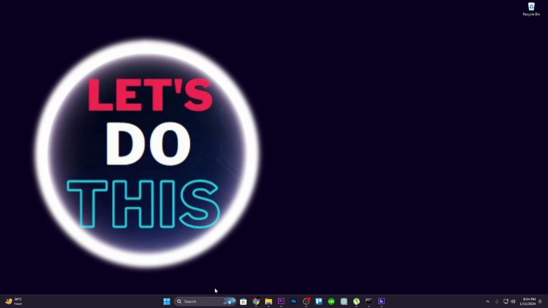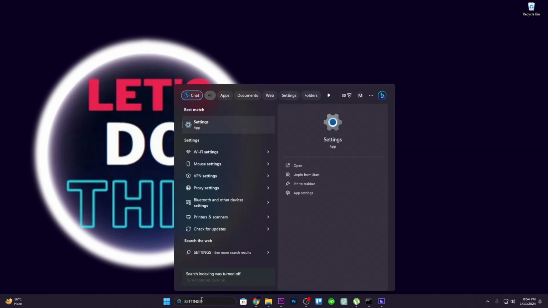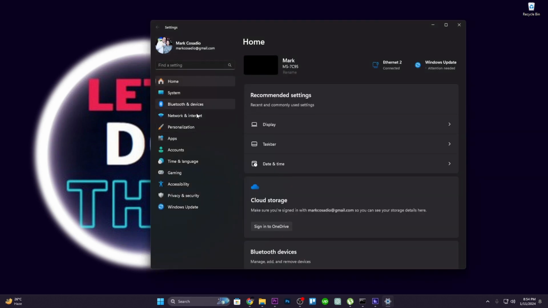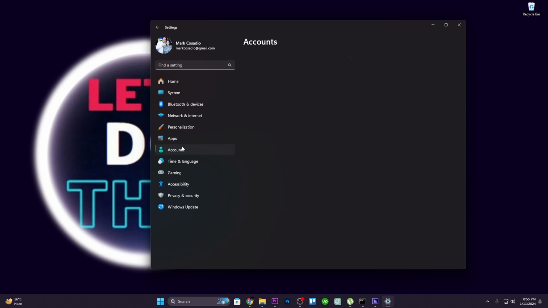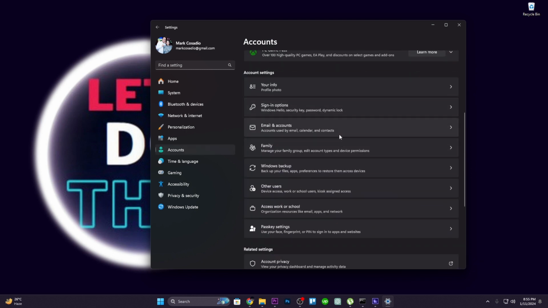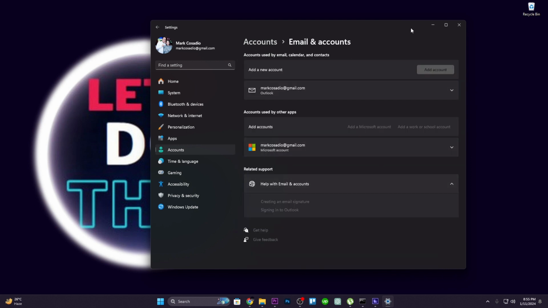So all you have to do is go to search, and from here type in settings. Now click on your settings, and from here go to accounts. And from the right side panel, you can scroll down and go to email and accounts. Now in here, all you have to do is right click on your Microsoft account linked to your system, and